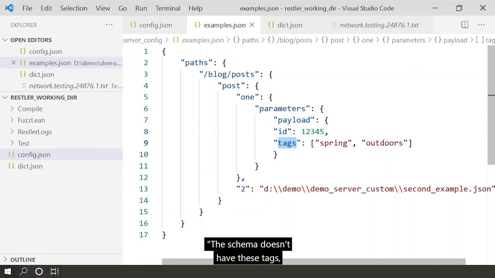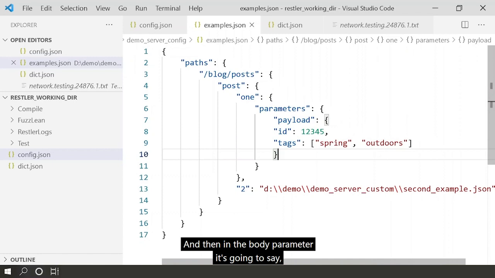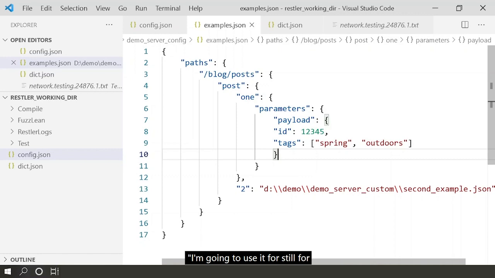The schema doesn't have these tags, so I'm just going to ignore this. And then the body parameter, it's going to say, well, this example didn't have a body parameter, so I'm not going to use a body parameter for the primary search mode of RESTler. I'm going to use it for fuzzing with the payload body checker, which always uses the full schema. But in this case, it's not going to use body to get that initial test run working to make sure that RESTler understands all of the